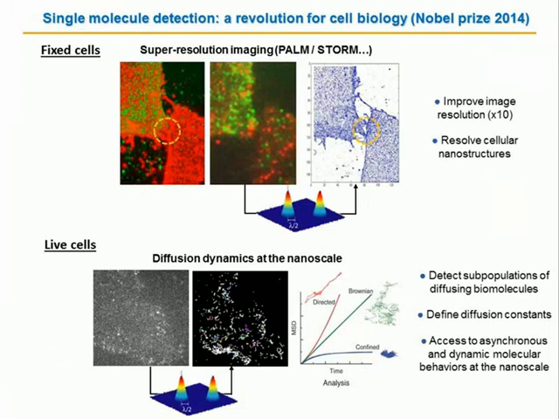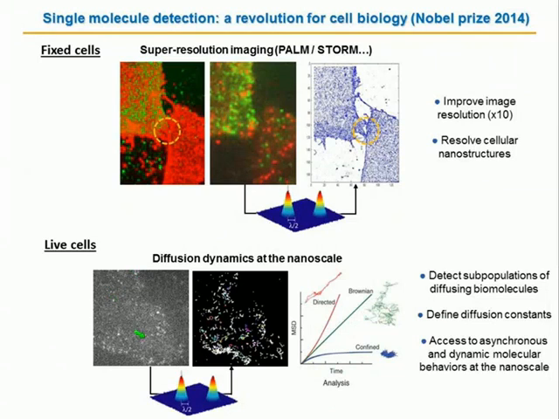techniques are. And they basically allow improved image resolution as well as resolving cellular nanostructures in thick cells when they are applied to super-resolution imaging such as PALM or STORM, where, as mentioned by Stephen earlier, you can actually localize individual molecules using mathematical Gaussian functions to improve the overall imaging resolution of the final image. You can also use these techniques in live cells, looking at diffusion dynamics at the nanoscale